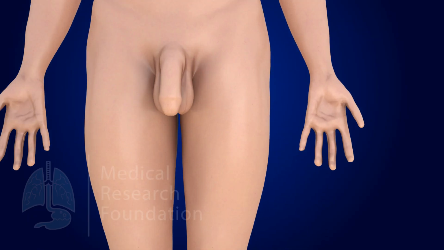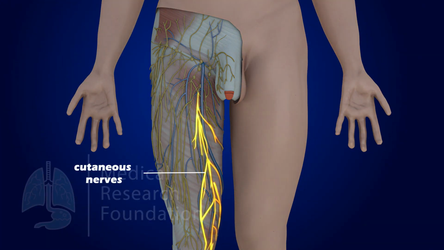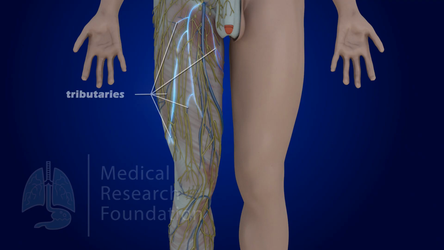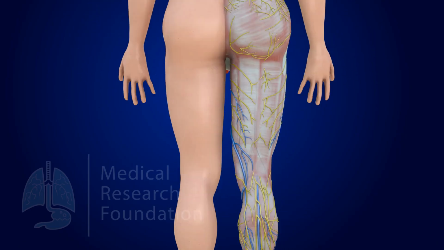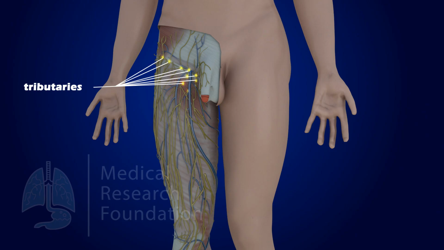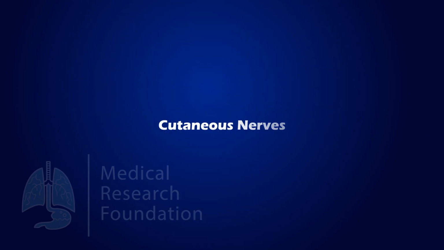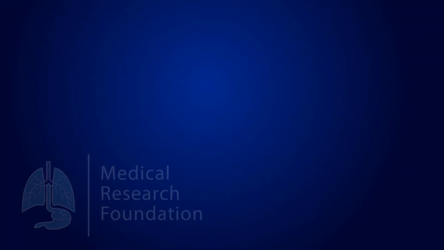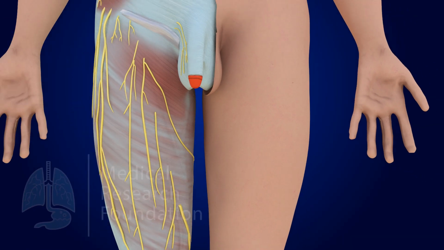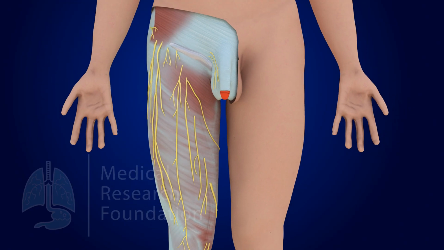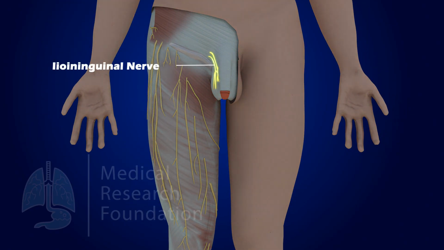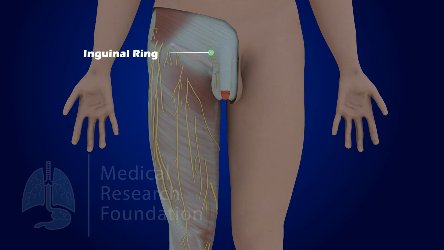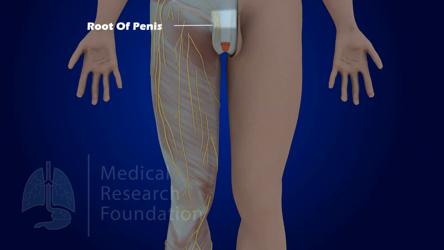Superficial fascia. The superficial fascia contains cutaneous nerves, the great saphenous vein and its tributaries, and the superficial inguinal lymph nodes. Cutaneous nerves. The skin of the front of the thigh is supplied by 7 cutaneous nerves, derived directly or indirectly from the lumbar plexus. The ilioinguinal nerve emerges at the superficial inguinal ring and supplies the skin at the root of the penis,